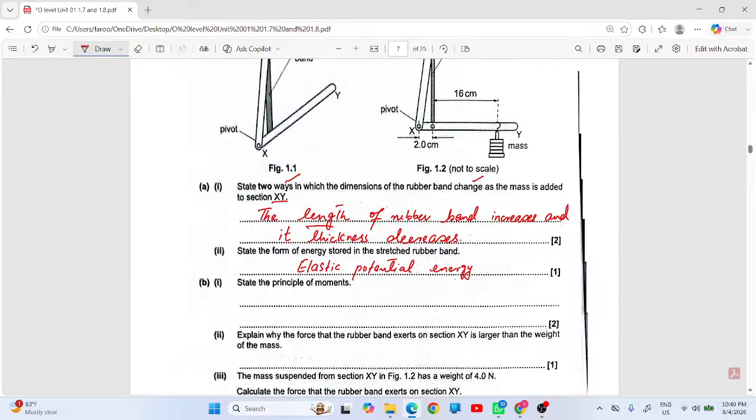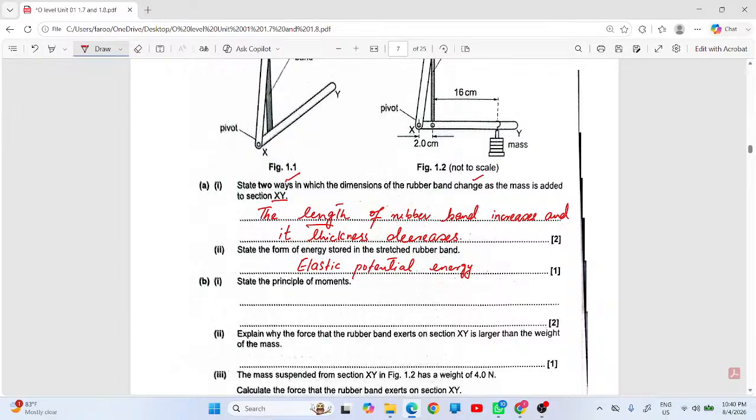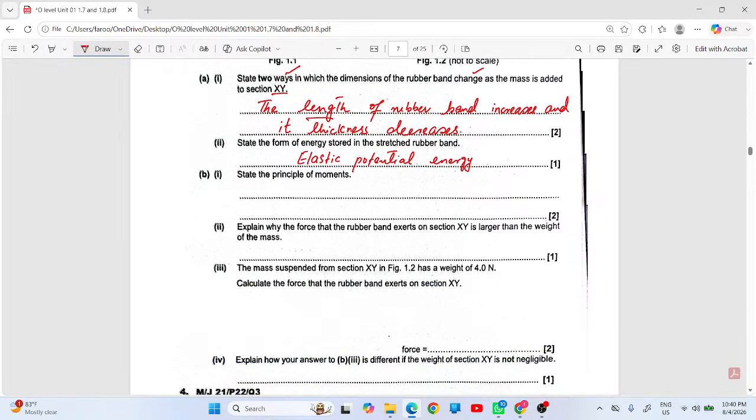Chemical potential energy is stored in food, fuels, muscles. ठीक है? So state the principle of moment. The principle of moment is, अभी हमने किया था, in equilibrium,